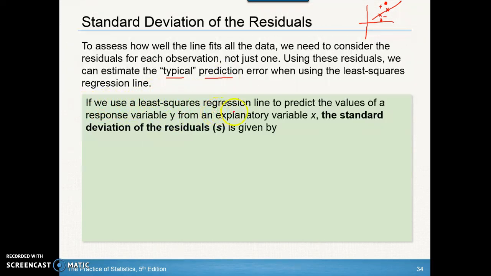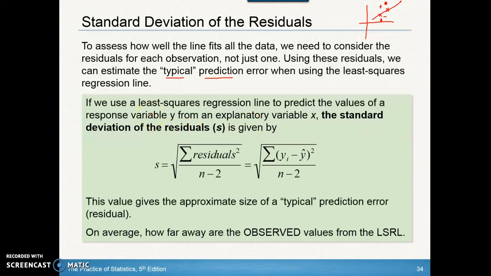So if we use a least squares regression line to predict the values of a response variable y from an explanatory variable x, let's talk about what the standard deviation of the residuals is. Now, you do not need to memorize this formula. This is just where it comes from. So remember, your residuals are always going to be your observed value minus your predicted value. And notice here we're squaring that, and then dividing by n minus 2 in the very end. So basically you would take every observed value, subtract the predicted value, square it, add that to the next one, square it, add that to the next one, and keep going. Add the sum of that, divide by n minus 2,